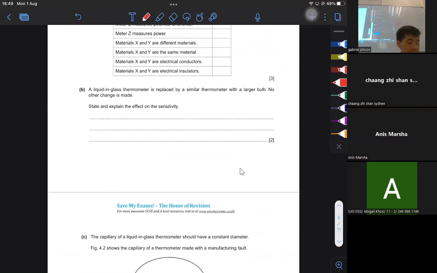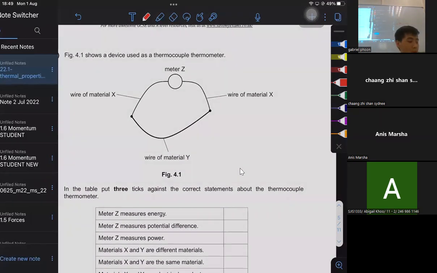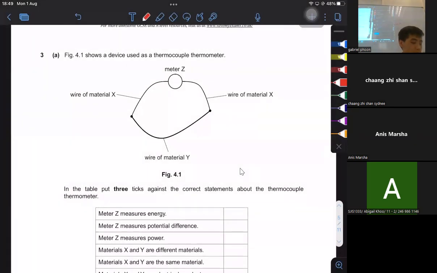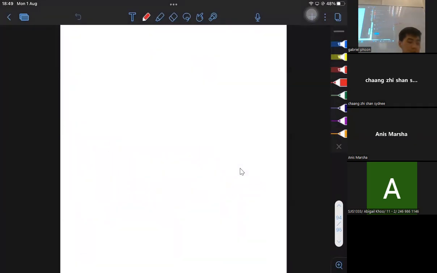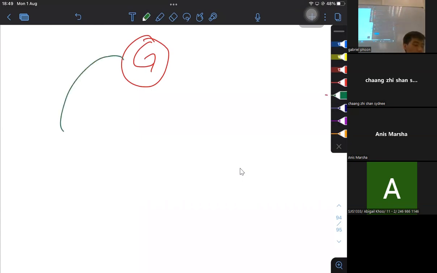Okay, and then the bane of all students, which is thermocouples here, guys. What's a thermocouple? Before you guys begin now, what's a thermocouple made of again? And what are the components? It is made of a galvanometer. For those who do not remember what a galvanometer is, it is essentially a millivoltmeter plus a milliammeter. It can measure very small changes in voltage and also current. Standard, right? This galvanometer will be connected to